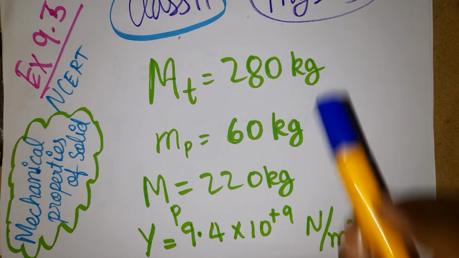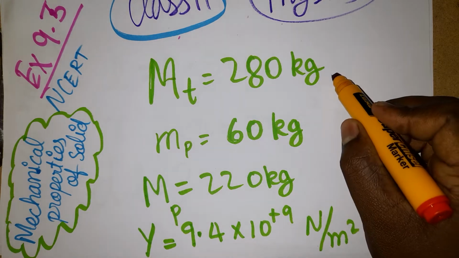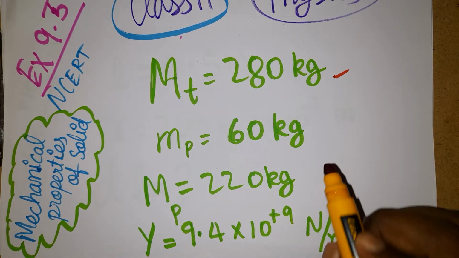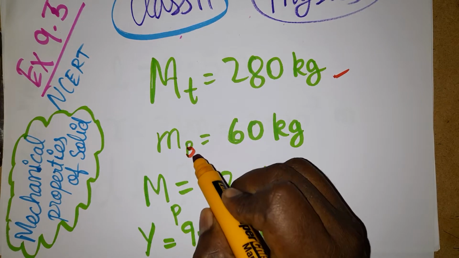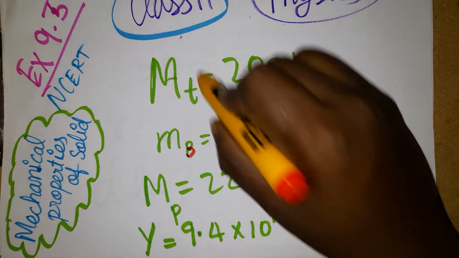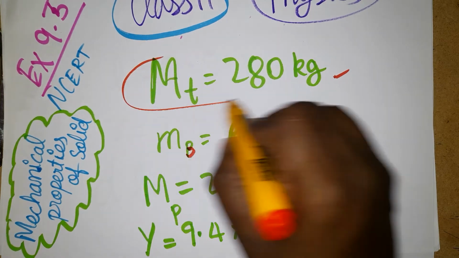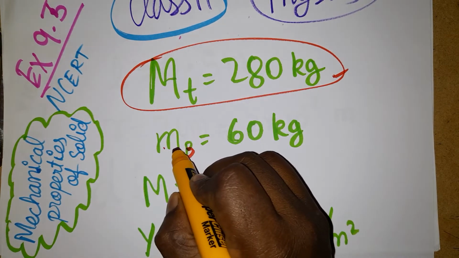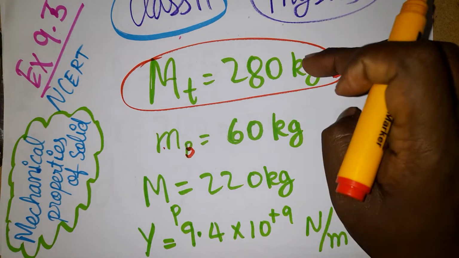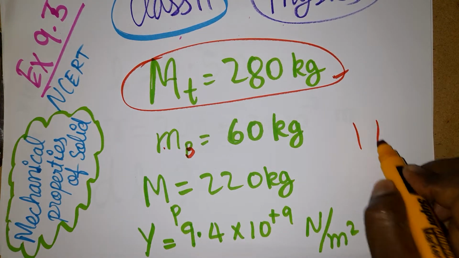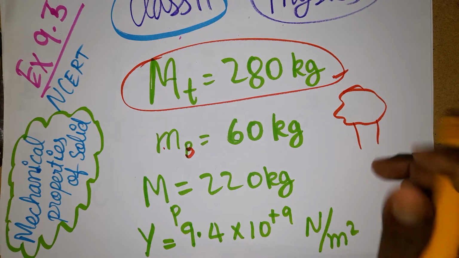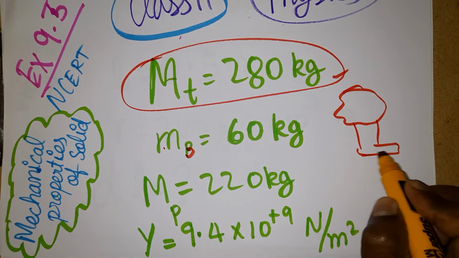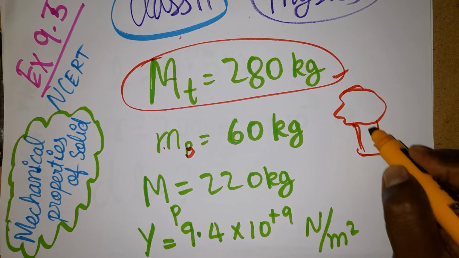The mass of the total performers is given. The person is holding with two legs. The person below is 60 kg, and he is holding everybody. This is the total performers. If you want how much he is holding on his two legs, then subtract this from this. Only this one is sitting at the back side like this. He is holding with the two legs.